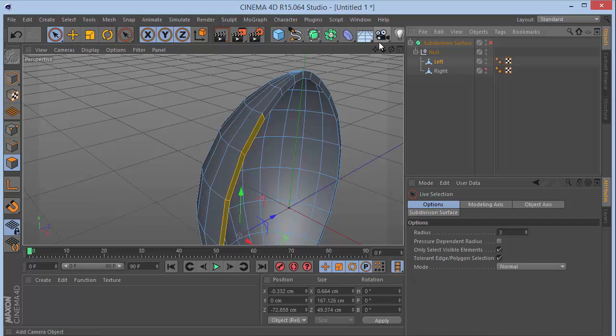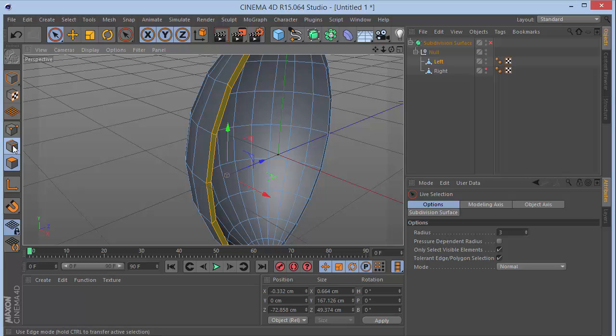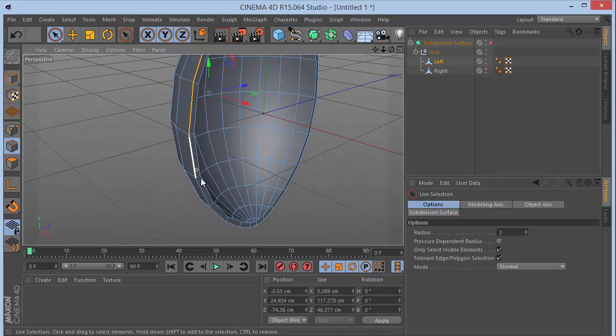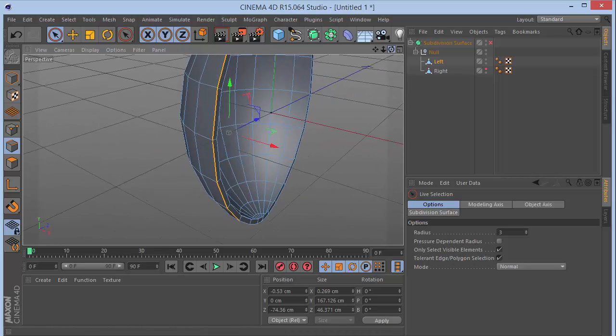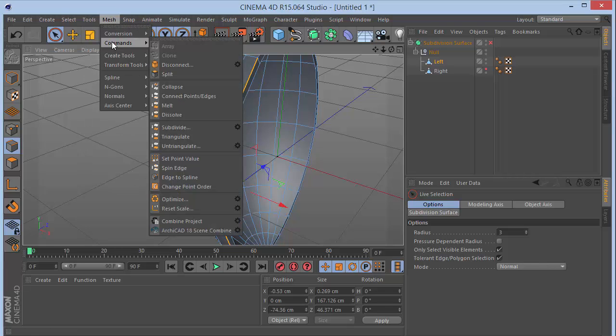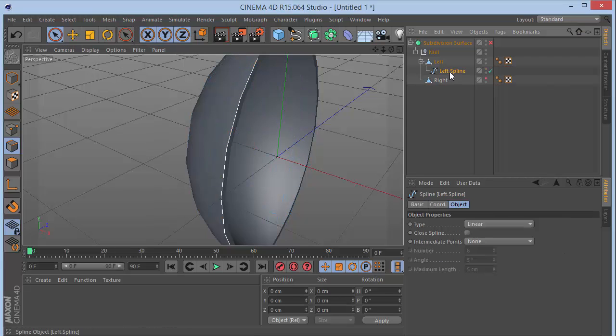Okay, actually we want to go and select the edges, so that would be better. So 1, 2, 3, 4, hold down Shift 4, 5, and 6. Okay, now a cool feature is we're going to go to mesh, let's see, commands, and choose edge to spline. So now that gives us a spline over here,